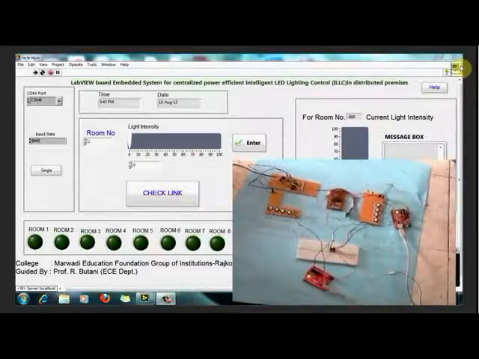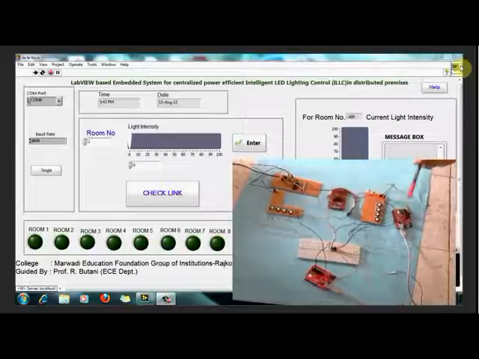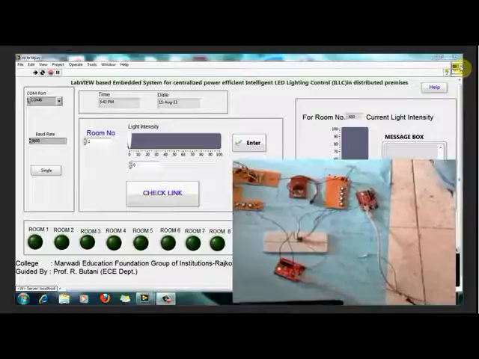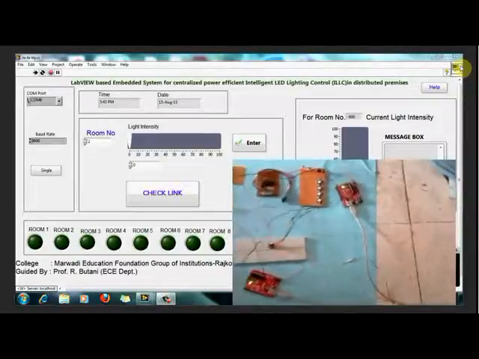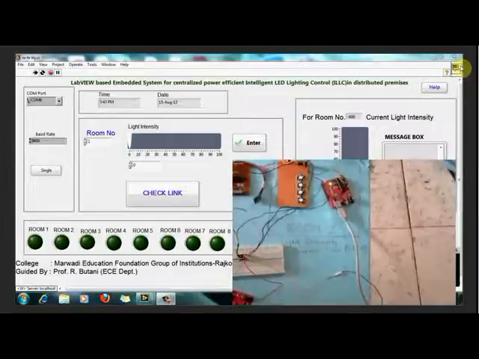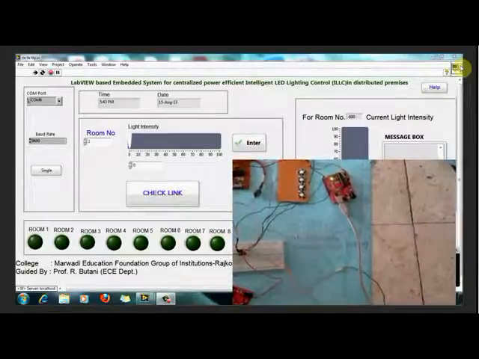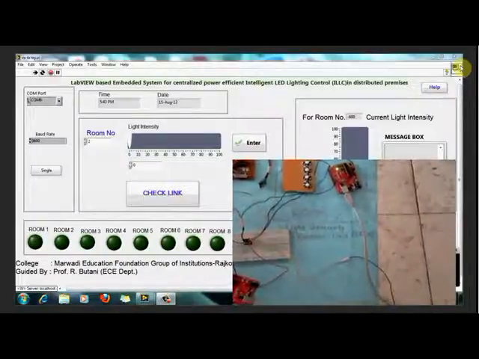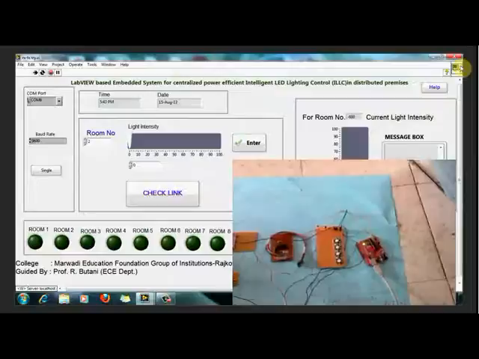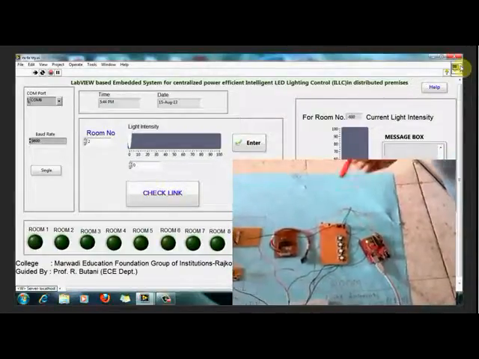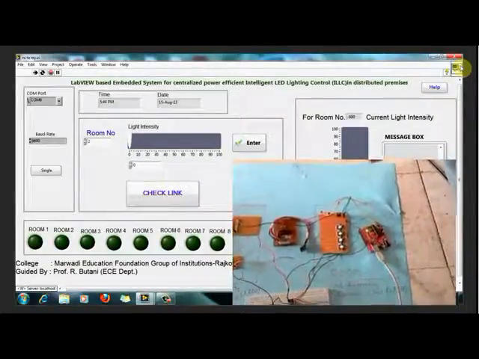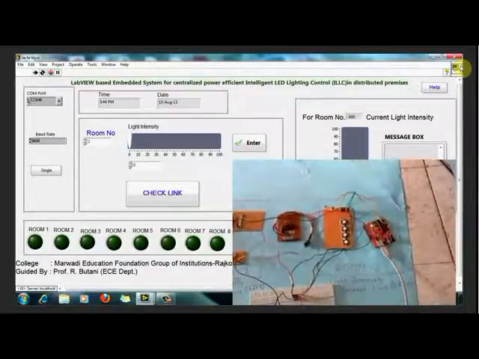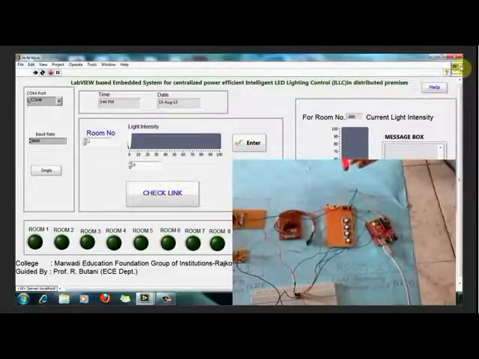Now getting deep into the rooms, we have an Arduino which is used to control the intensity of lights, because after comparing the light intensity through the LDR, which is a light dependent resistor, we will set the values in the LabVIEW, and from that the appropriate PWM. Now this is the room. Getting deep into our LICUs, we have an Arduino, and this is the LED panel which will be controlled automatically. We have an LDR and a MOSFET.